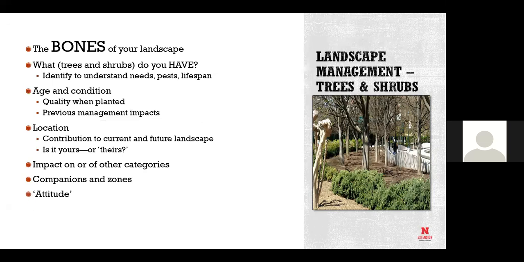And again, how was it managed previously? My beloved next door neighbor who passed away, the people who bought her house completely changed the management. They stopped pruning entirely. It is completely a different place than it was. What is its location? The people who lived in our house planted an upright white spruce 1 foot off the corner of the garage. Now it's still there. Those of you thinking about cutting down an ash, because that is the tree the cardinals fly into before they go to the feeder.